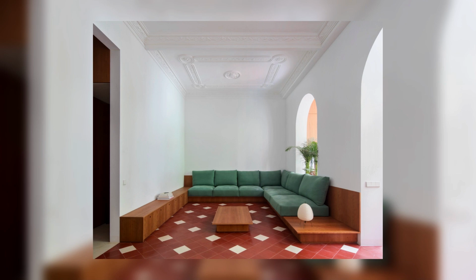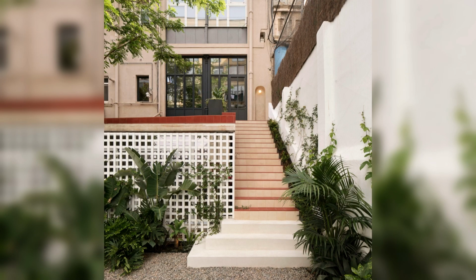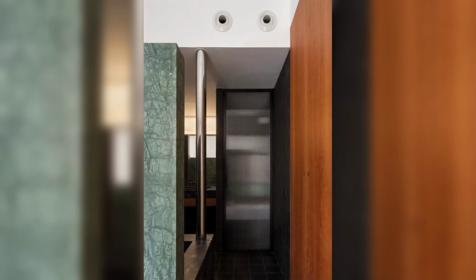In our quest to recover natural light, we removed the added layers and restored the original glass gallery. Fantasy Room. Designed as a suite, the fantasy room blends the materiality of marble, wood, and mirrors. A green marble wall separates the bedroom area from the bathroom, creating different atmospheres by playing with reflections, steam, and